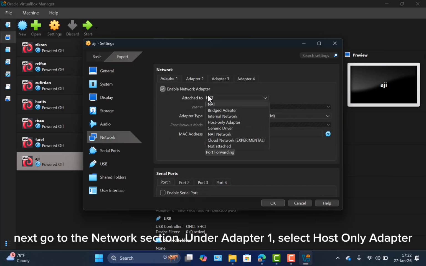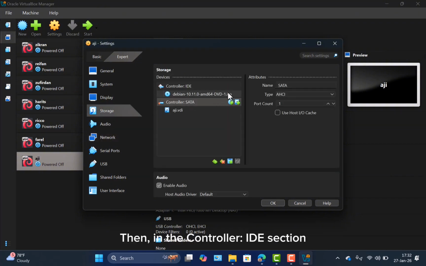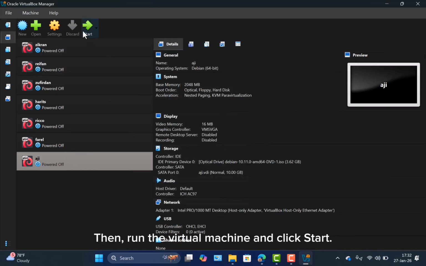Under adapter 1, select host only adapter. Then in the controller ID section, select the Debian 10 ISO file you downloaded earlier. Then click OK. Then run the virtual machine and click Start.